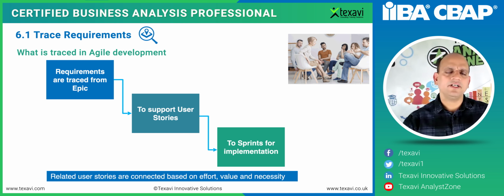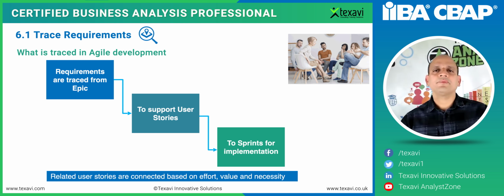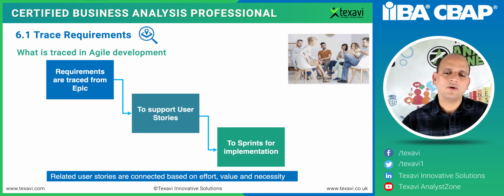It's again similar, but it's just that you're calling that an epic, and then you've got themes, epics, and user stories and tasks. Whereas in the other, usually this is what we call functional requirement and non-functional requirement in the traditional way. It's not that different. It's just the terminology that's